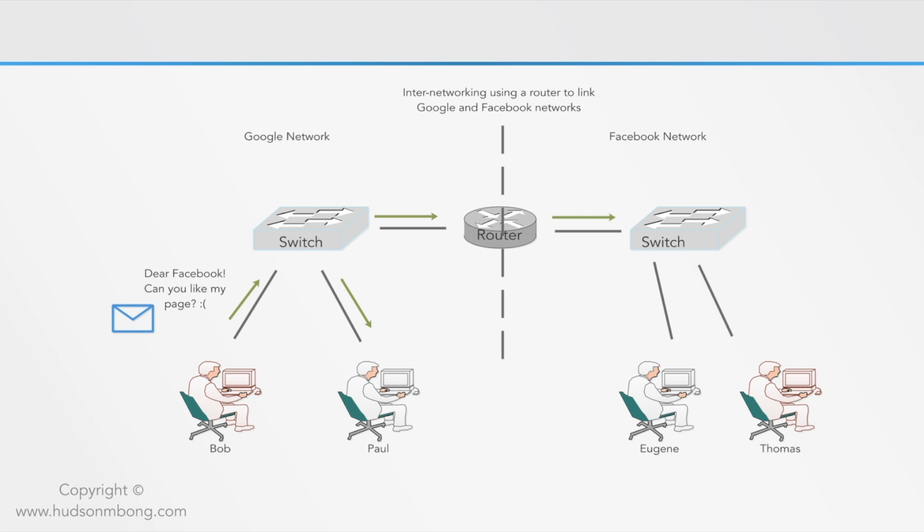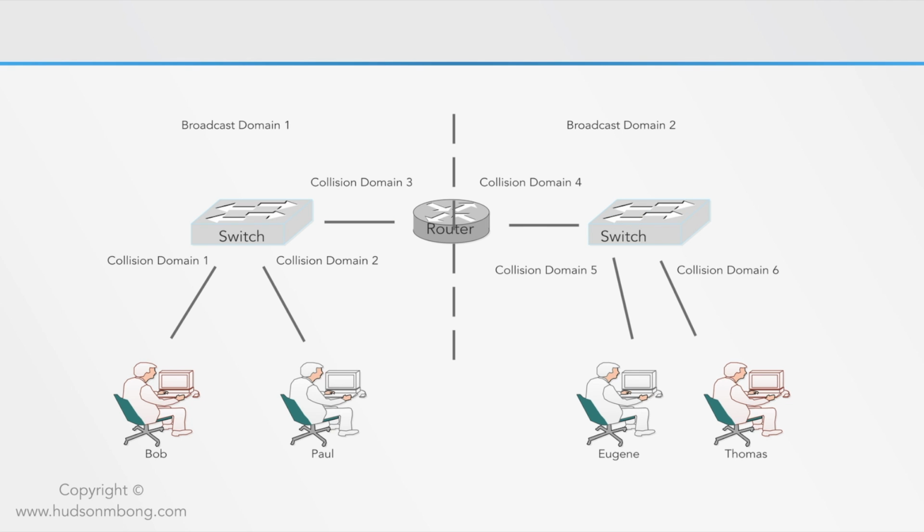The interconnection of two separate networks using a router creates what is known as an internetwork. A network can be divided into segments of varying sizes. These segments are subject or susceptible to broadcast or collisions, which can negatively affect the quality of the network services